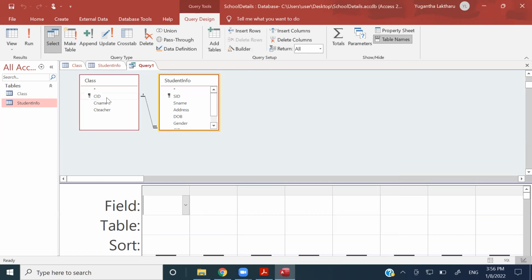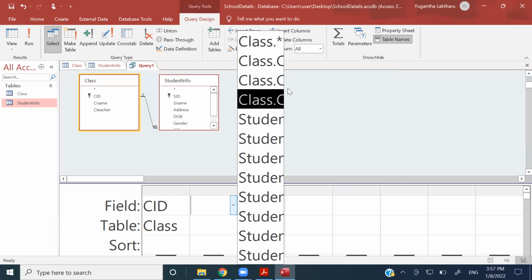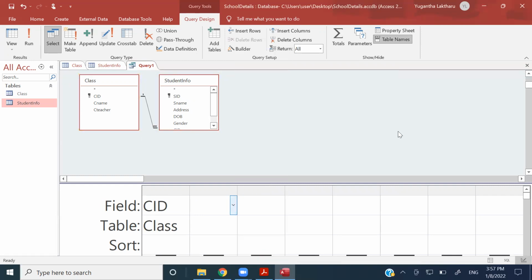Right, so how we are going to choose the fields? We can drag and drop, right? Or else we can choose from here as well. For some reason these fonts are bigger in here. I don't know why they have done something like that, right? However, I can